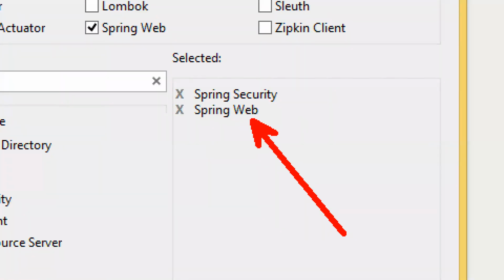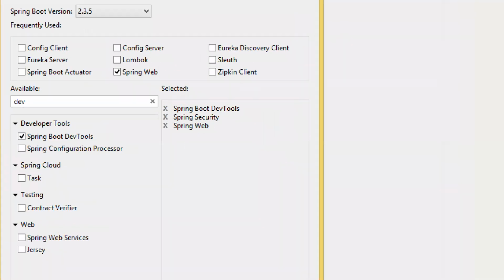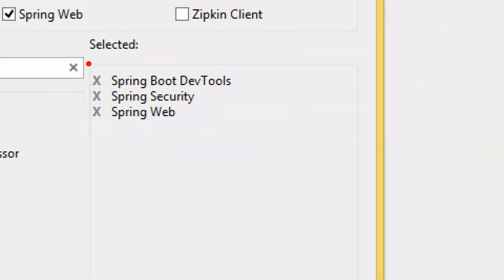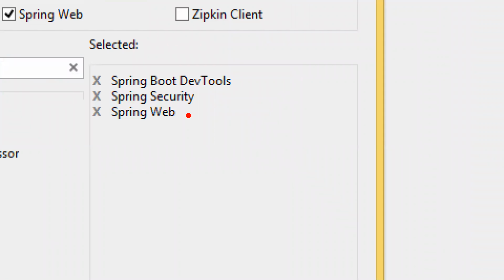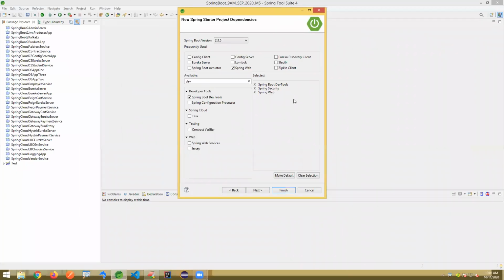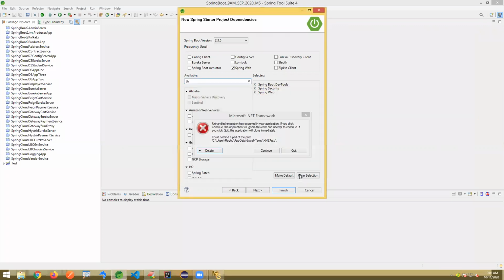To avoid restarting the application every time, you should also use DevTools. If you don't want to stop and start your application every time, it's DevTools. That's optional. DevTools optional, security and web dependency mandatory. For UI, you can use JSP or Thymeleaf.